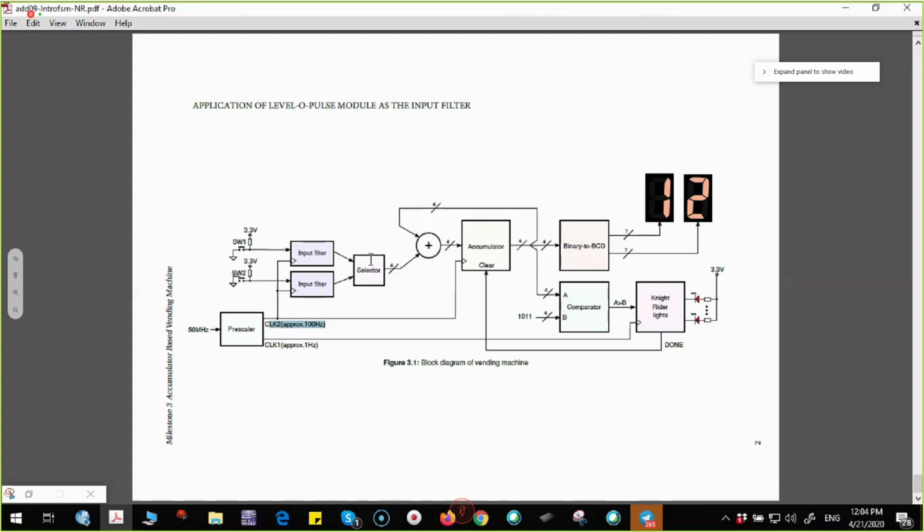So maybe D for dime, N for nickel. In US style, N is 5 and D is 10. The prescaler you don't need anymore. You just get the clock straight from your simulation clock. The display here you don't need, but you can just use